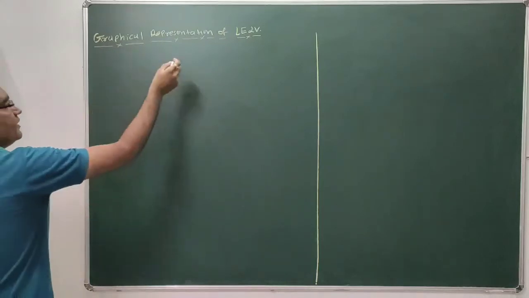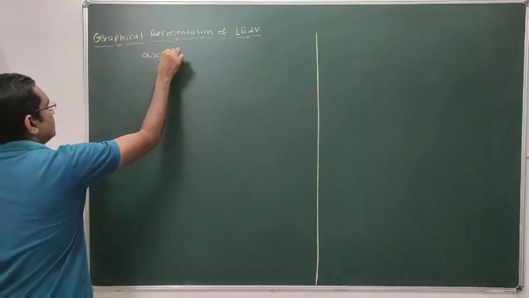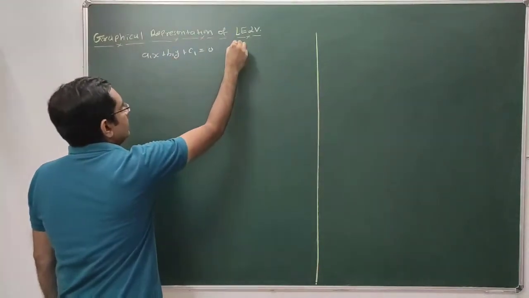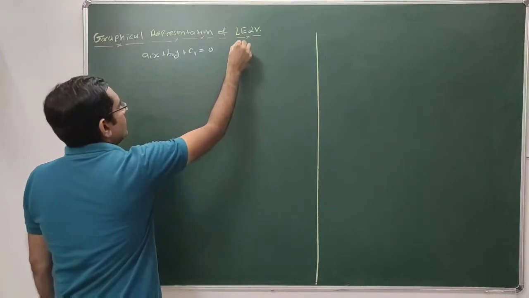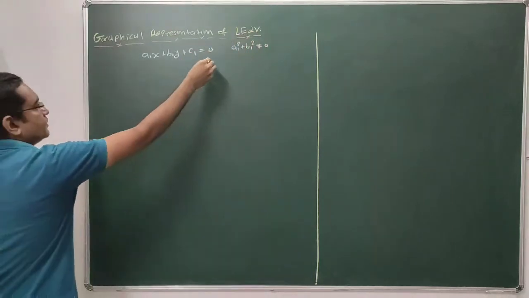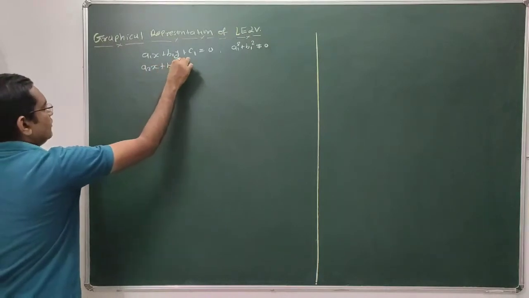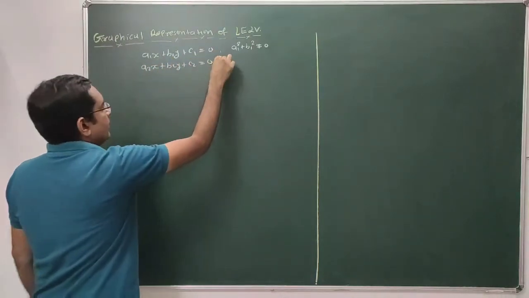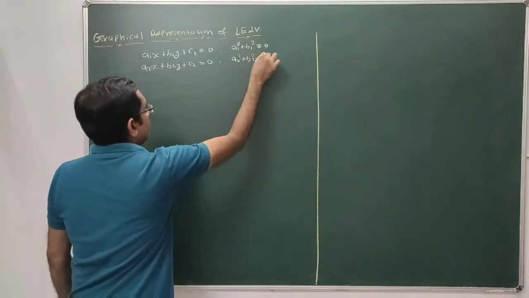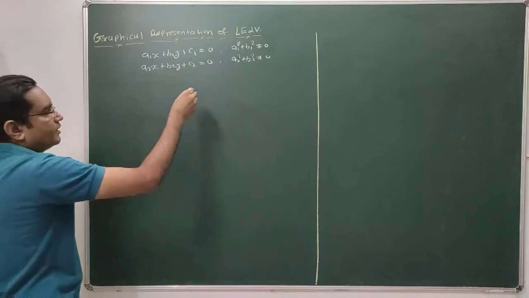So we have discussed that a linear equation in two variables is in the form a1x + b1y + c1 = 0, and you have to write the condition that a1 and b1 should not be 0 simultaneously. So it's a1² + b1² ≠ 0. And the second linear equation in two variables is a2x + b2y + c2 = 0, and the condition for this one is a2² + b2² ≠ 0, and also these a1, b1, c1, a2, b2, c2 are real numbers.